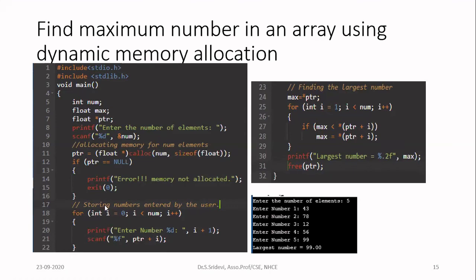Now, what is the remaining part of the program? You got the number of elements from the user. After that, you have created memory for those many elements dynamically. Then from the user, you read all the numbers one by one and stored them in the allocated memory. The next step is to find the maximum number in the allocated memory. To find the maximum number, again you have to start from the first element. You have to compare all the elements one by one until you reach the end